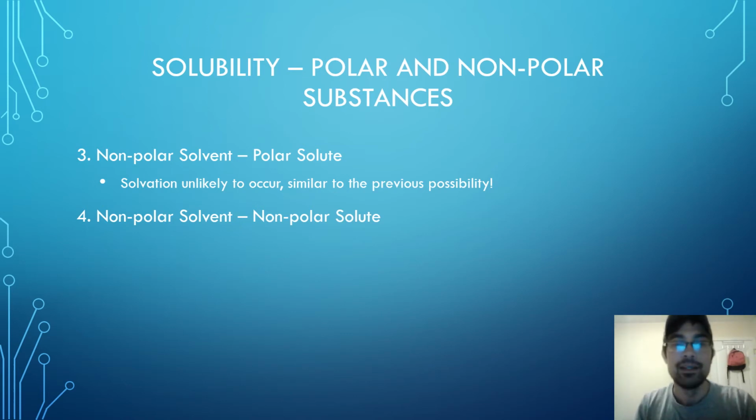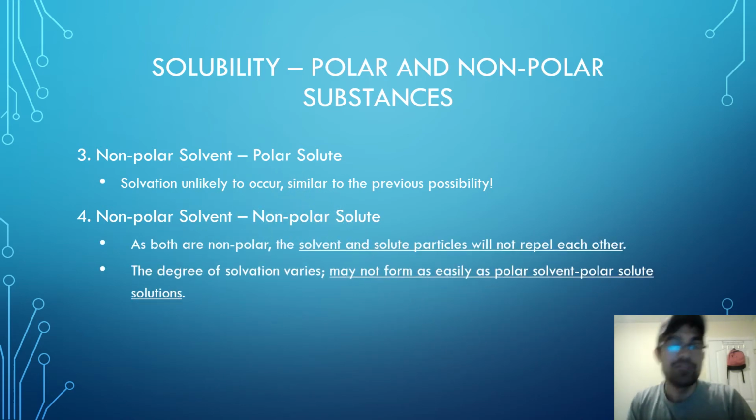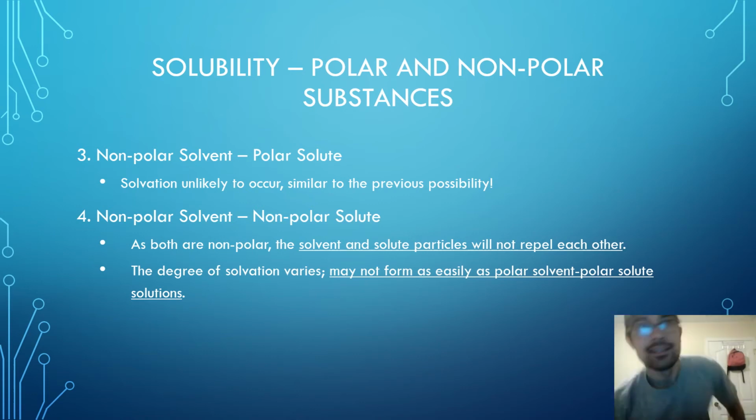The last type is non-polar solvent and a non-polar solute. So again, in this case, they will interact. They do like each other. They don't have the separation of charge like you would see in a polar substance, and so they're cool to interact with each other, and they'll be okay with that. Okay. Again, the reason behind that is it's a little difficult to explain at this level without getting into some of the fancy chemistry. Part of it is